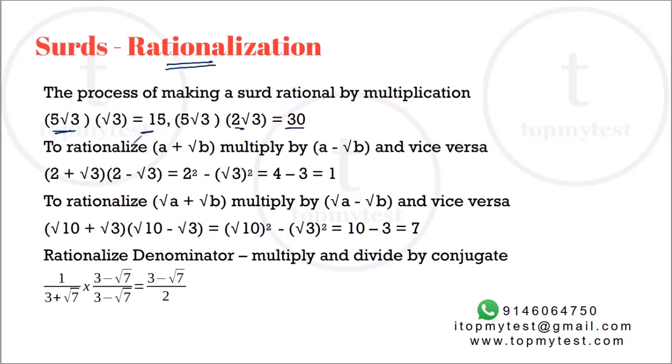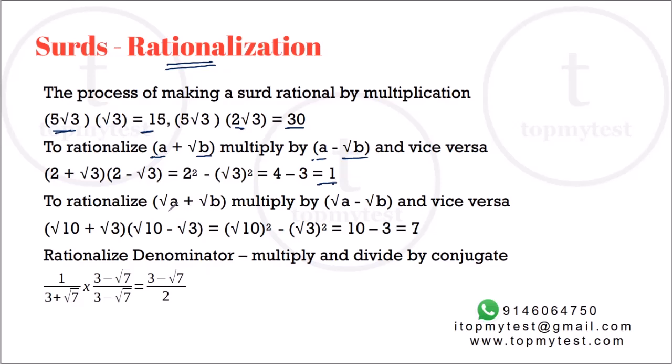That's pretty straightforward. You can also rationalize something which is of the form a plus root b, just multiply by a minus root b. And you can also do it the reverse. You can multiply a minus root b with a plus root b. Right. In both the cases, you'll get a rational number. If you multiply a plus root b with a minus root b, it is 2 plus root 3 into 2 minus root 3. Similarly, if you multiply a minus root b with a plus root b, you'll get 2 minus root 3 into 2 plus root 3, resolved to a natural number here.